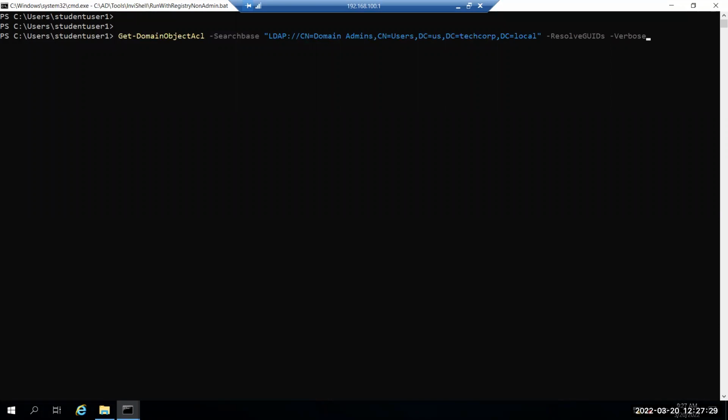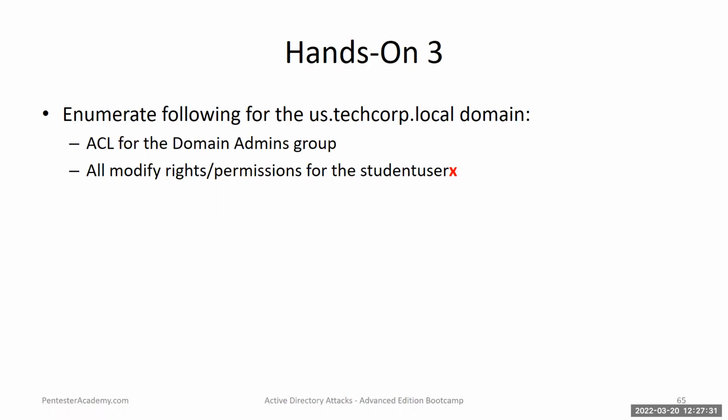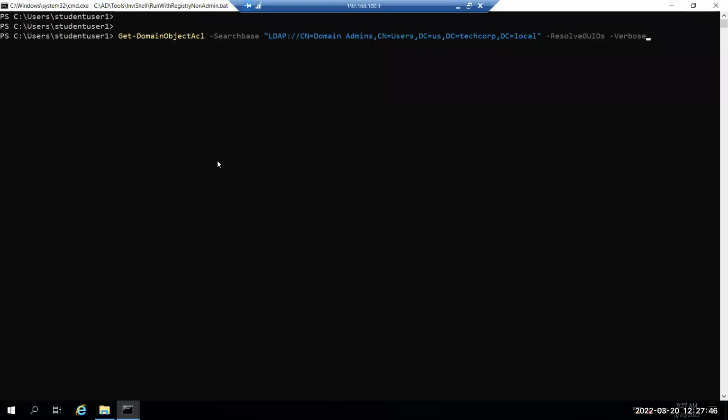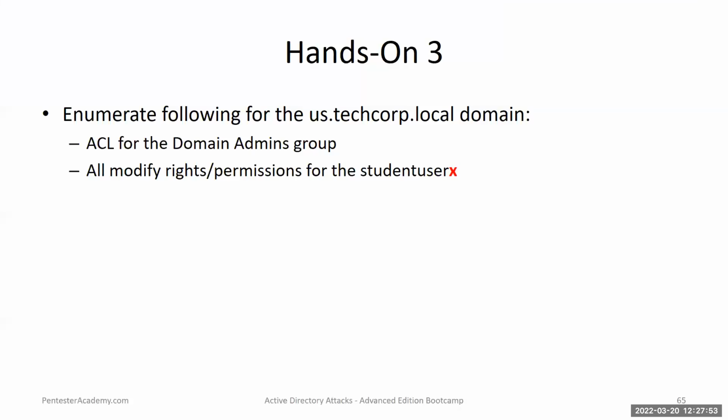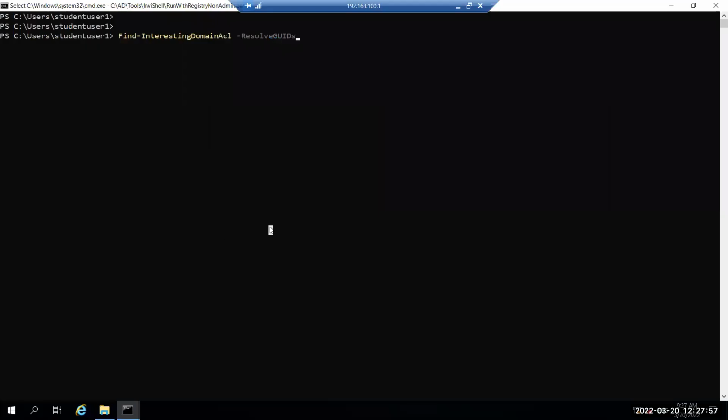All right. Simply so that you at least try it once. Second one is the all modify rights or permissions for the student user rights. And this is once again, if we want to check interesting permissions for the student users group, for the student users, I don't believe for the group, student user X. We have to, when we run this,